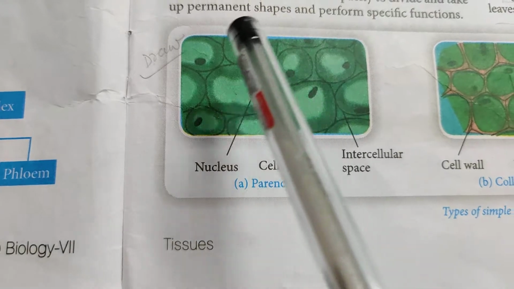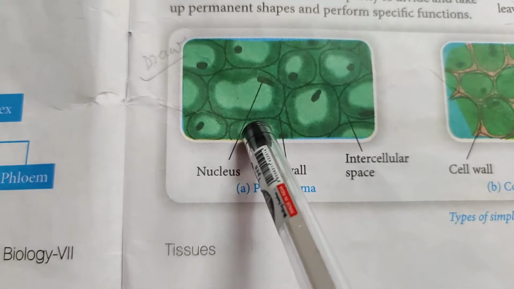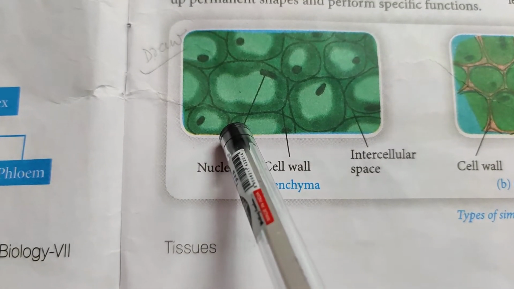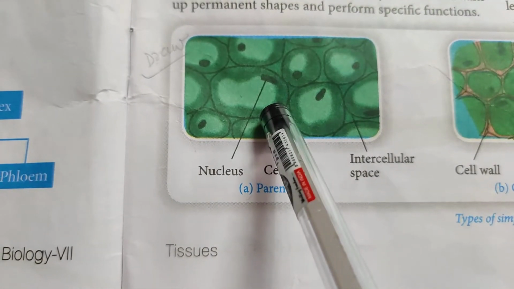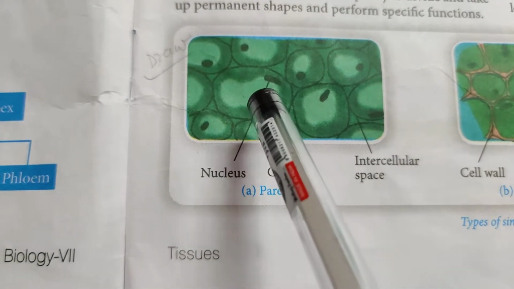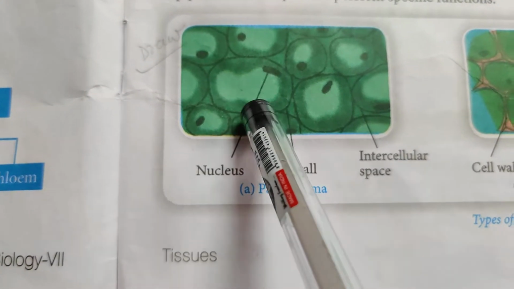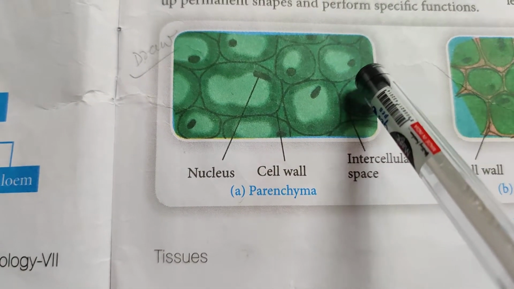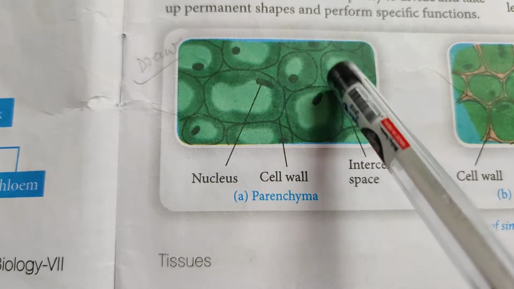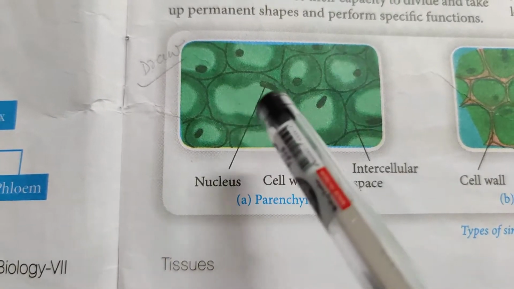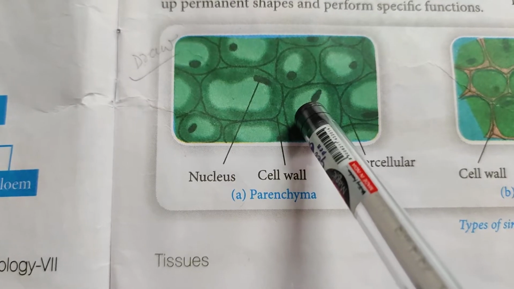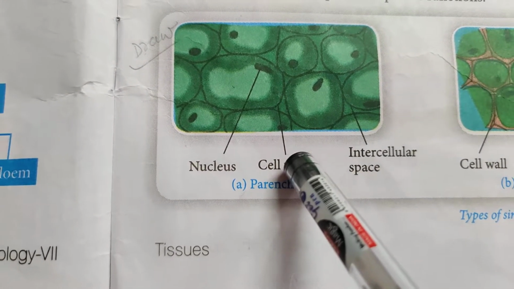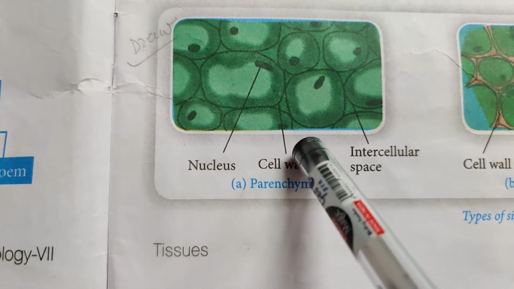That is why they are green in color. And the cells that contain chloroplast are involved in the process of photosynthesis. Those parenchyma cells which perform the process of photosynthesis are called chlorenchyma. In aquatic plants, parenchyma also contains air spaces, which help the plant to float, and this type of parenchyma which contains air spaces is called aerenchyma.